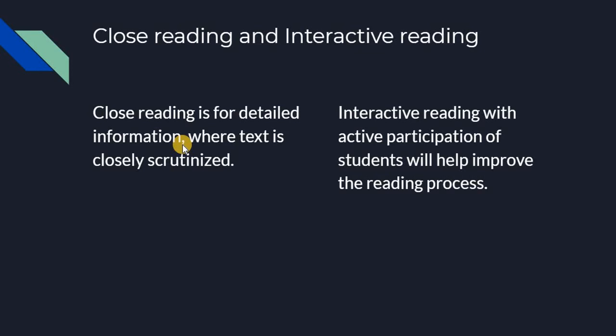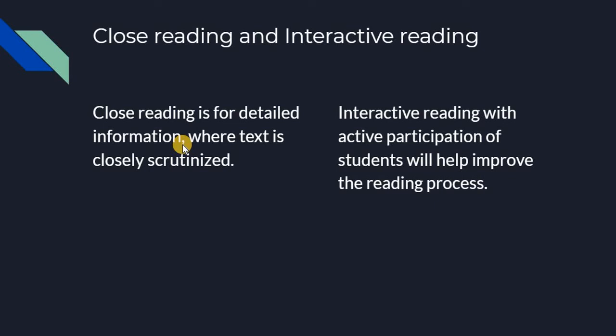Sometimes you will be examining the year, because then you will be able to place it in context. You will know when these incidents took place. Then you will also take a look at the author, and if there are any autobiographical elements in the text, you will be able to analyze it. So that is known as close reading. Again, you will be looking at the tone of the text. Is it written in a casual tone, or is it written in a scientific, objective manner? Is it subjective or is it objective? Does it have a first-person narration or a second-person narration, or is it written in an omniscient perspective?